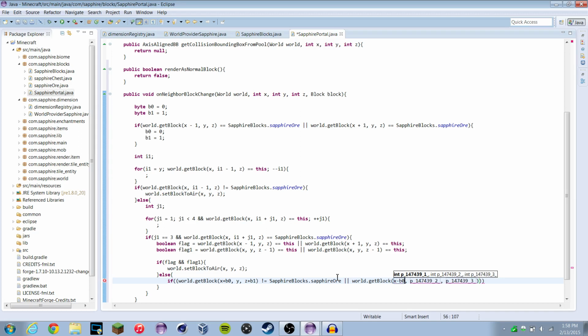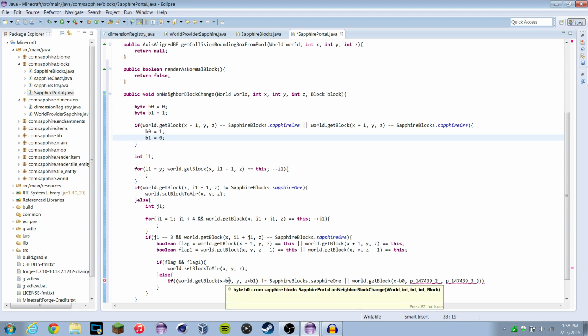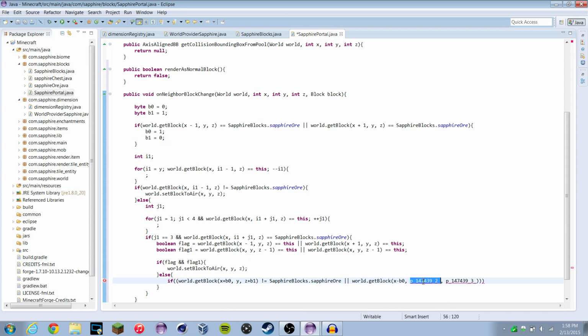Oh no, sorry, up here, b0, I reversed this, oops, that wouldn't have worked. So basically, if we have the, if we have a block to the, if it's not that, or we have this, and this is z minus b1, does not equal this,